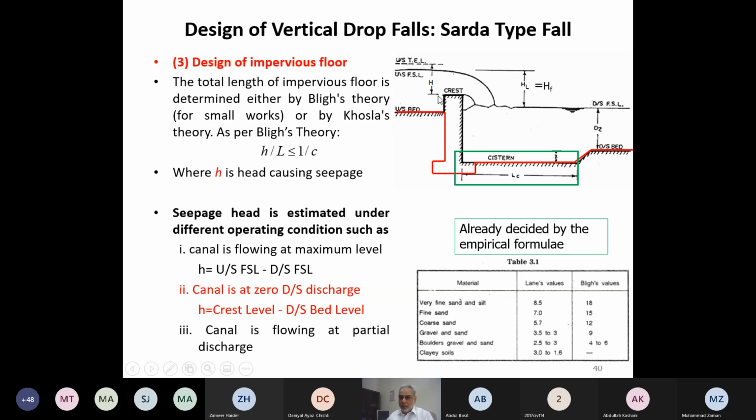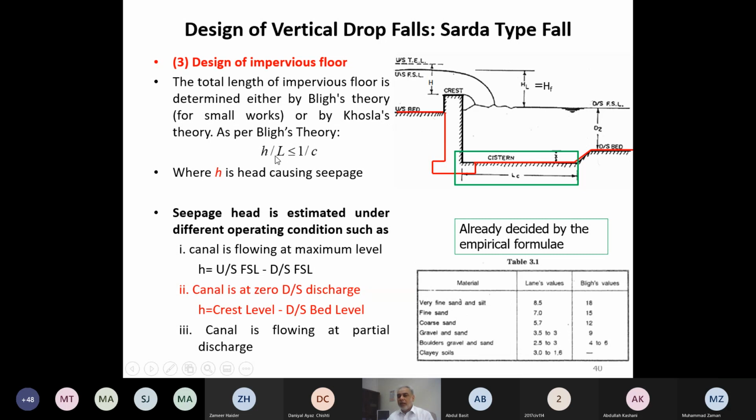When canal is closed and the water level is standing up to the crest level over here, although we provide a mechanism that some holes should be provided and water should not be kept standing over here, assuming those holes are closed, then water is standing up to the crest level and there is no discharge passing over the crest, and there is dry bed on the downstream side, then H will be this crest level minus downstream bed level. When canal is closed and there is no water on the downstream side, then H will be the crest level minus downstream bed level. इन दोनों में से जो ज़्यादा हो,